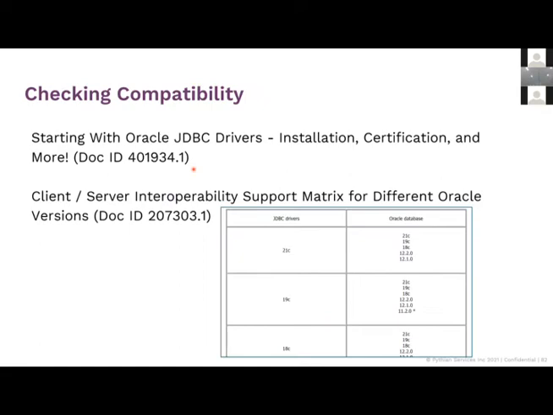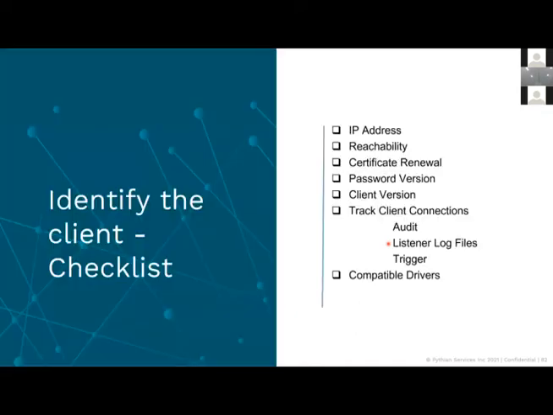Once you've got all this information, you can check the client compatibility and JDBC compatibility, and these are the various matrices that you can then refer to. So let's say you've got a 19c or a 12c client, or you've got a 21c JDBC driver. You can see that it's compatible with the 19c client. Okay, fine, it works for me. I don't need to make any changes. I don't need to upgrade my client. That's the kind of information that you get.